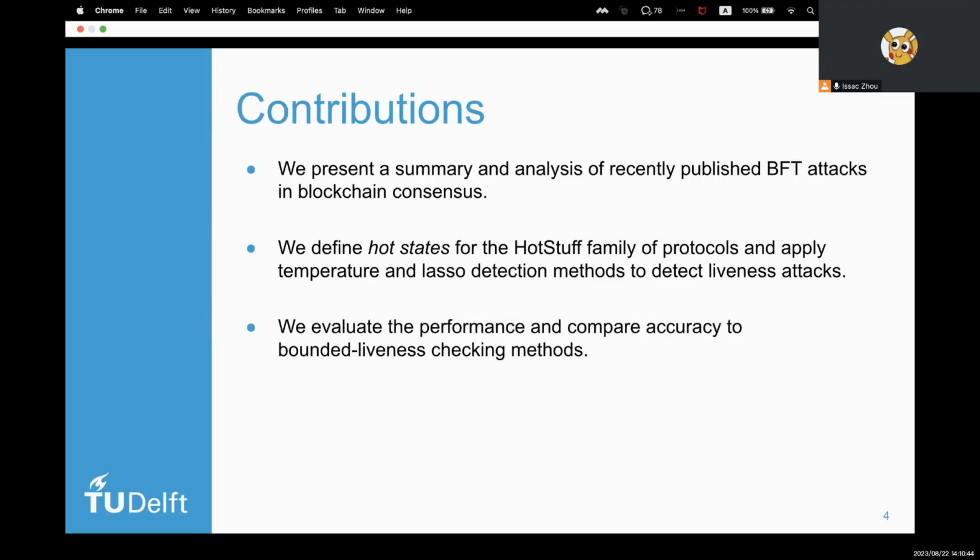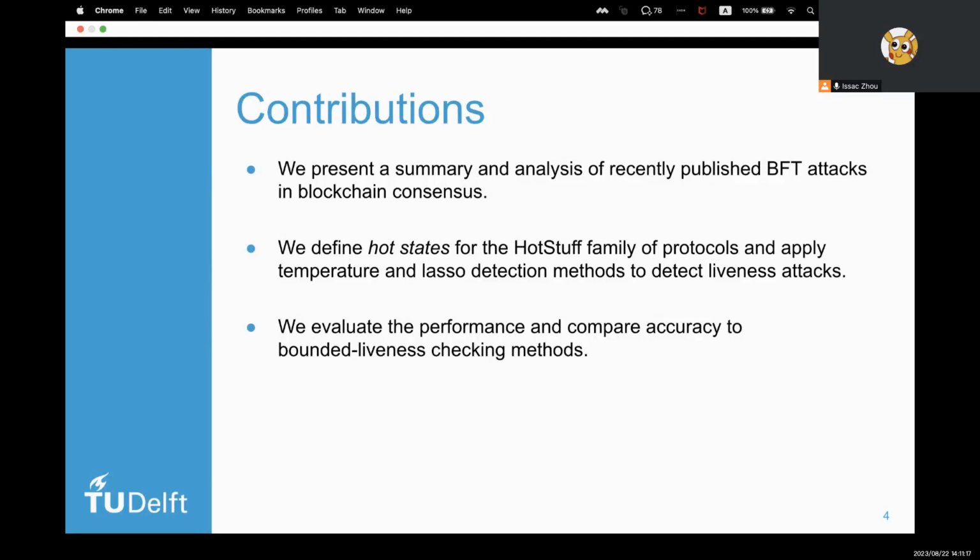First, we present a summary and analysis of recently published BFT attacks in blockchain consensus protocols. Then we also define our notion of hot states for the HotStuff family protocols, and we present a variant of the lasso detection approach, which does not use a control scheduler.